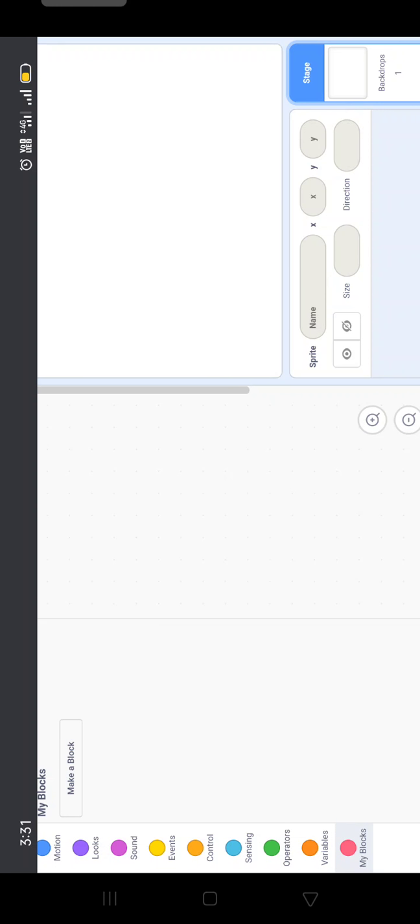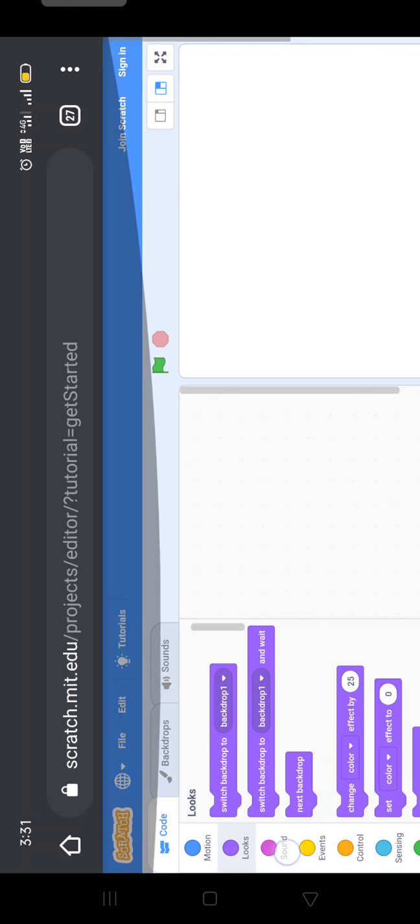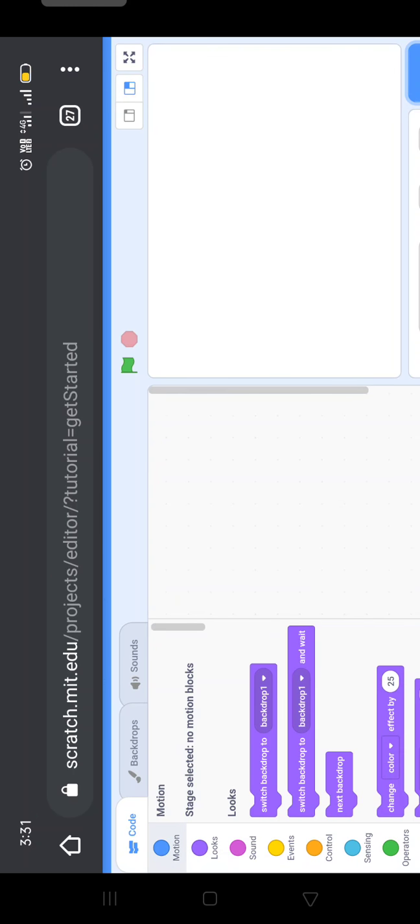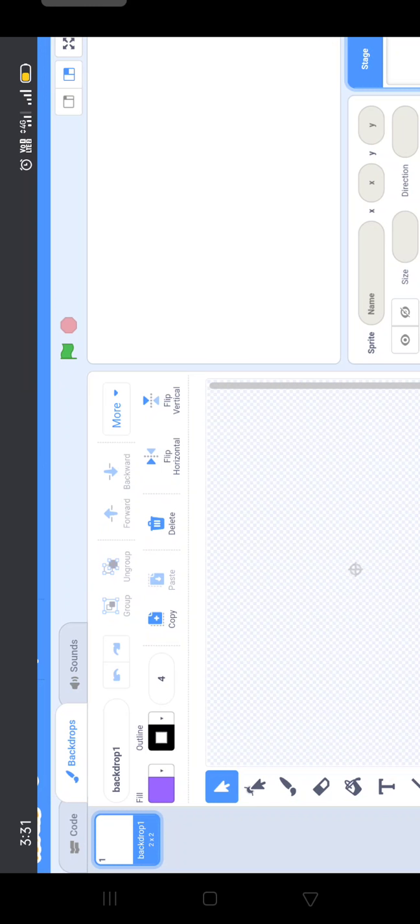And now after this, one more option on the screen, the costumes option, will be available. Here it is showing backdrops. Why is it showing backdrops here?